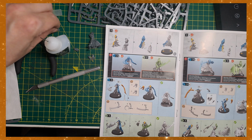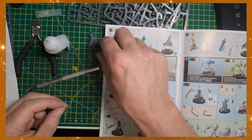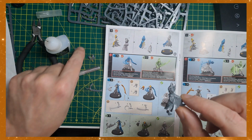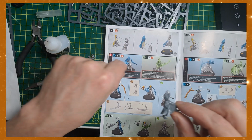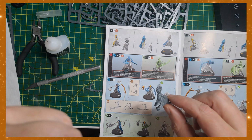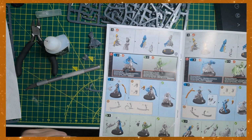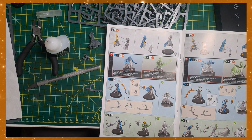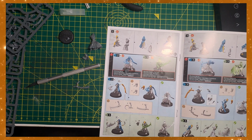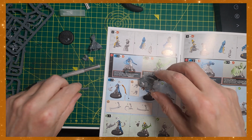And then obviously what we've got left over is his body, his sword, his head, and his arm. So what we'll do there is leave them to dry a minute or two, and then when we come back I'll show you what I do to prep it for priming. Right, it's not fully dry yet, but what I want to show you is